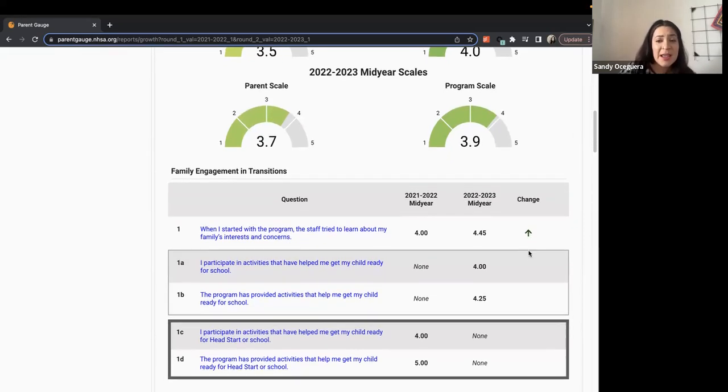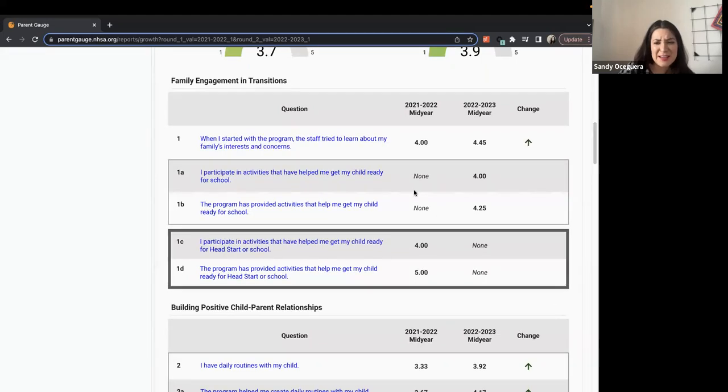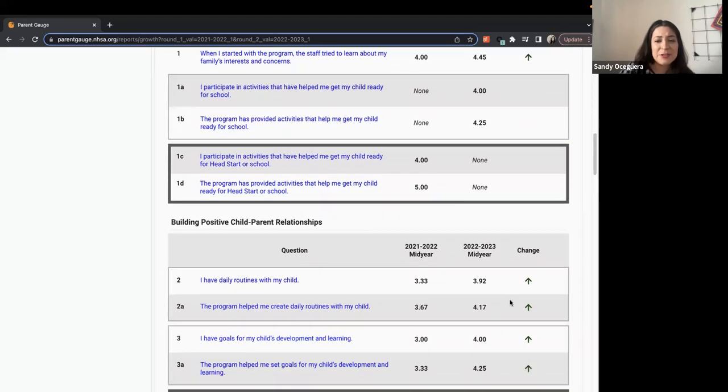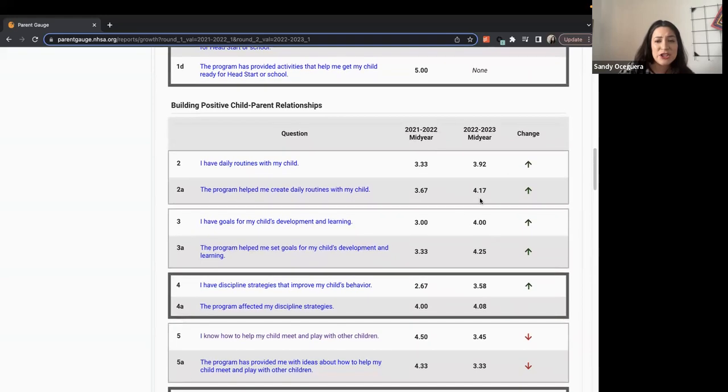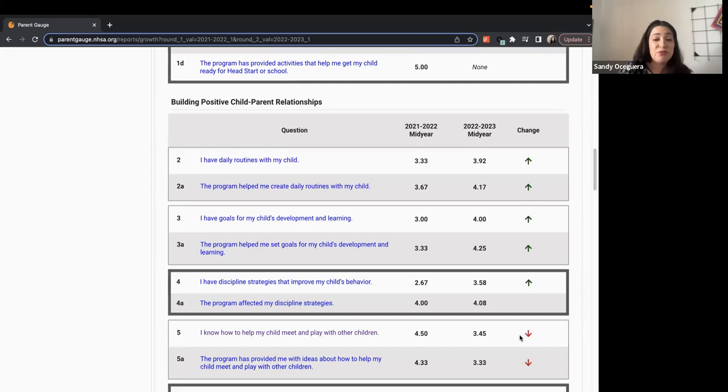As you go through, you'll see these ones, like I said, are showing none, so it's not going to compare those. And then we'll get further into other questions and you'll see, again, those green arrows come up. Sometimes you won't see an arrow, and that's just because it's saying this 0.8 of a change wasn't a significant change. So it's not calling it out to you, but this is really meant to draw the eye to where we are seeing improvements and where we are seeing scores go down enough that maybe we want to take a second look there. So in this case, right, our second question here, we had a lot of growth throughout